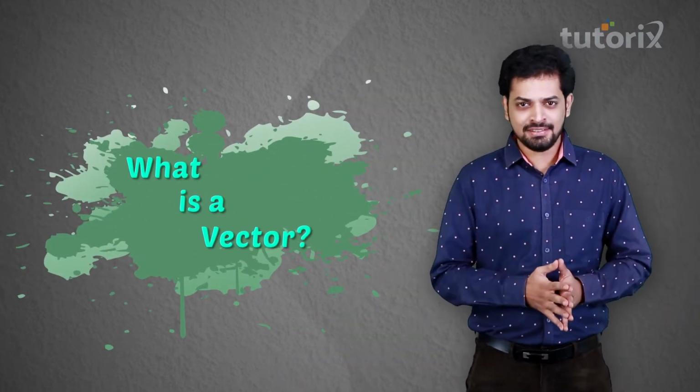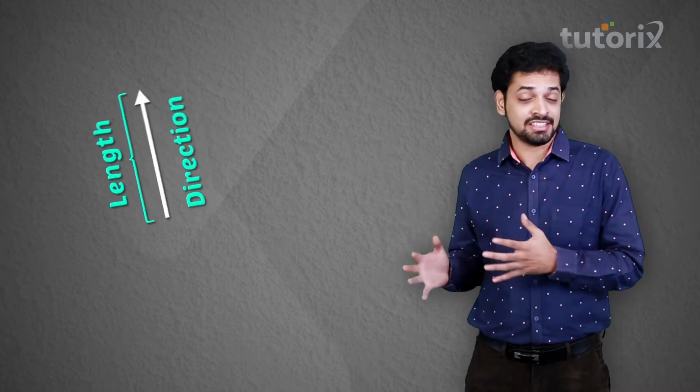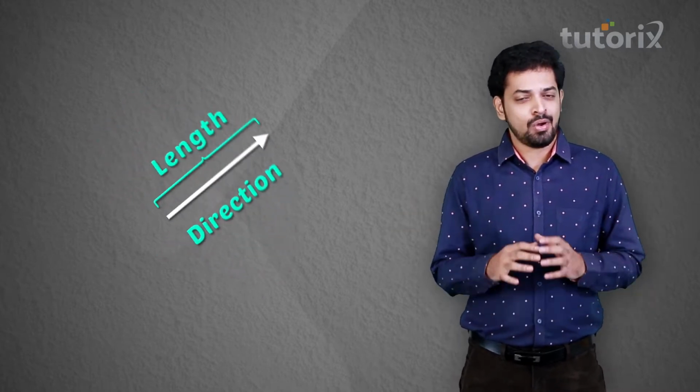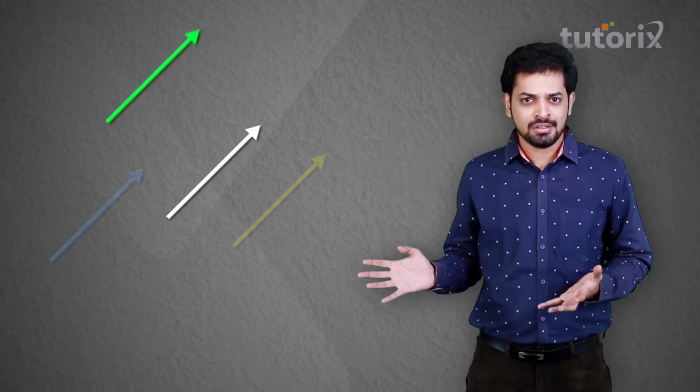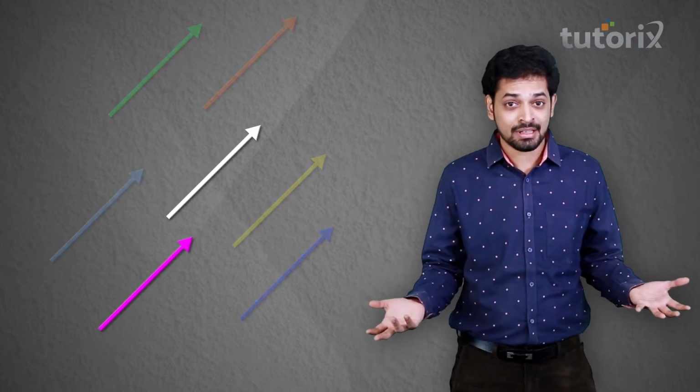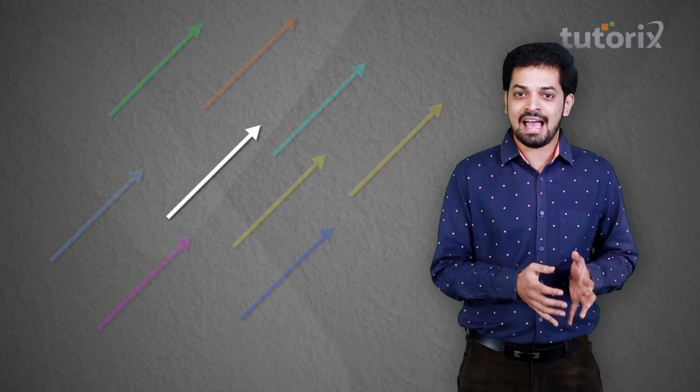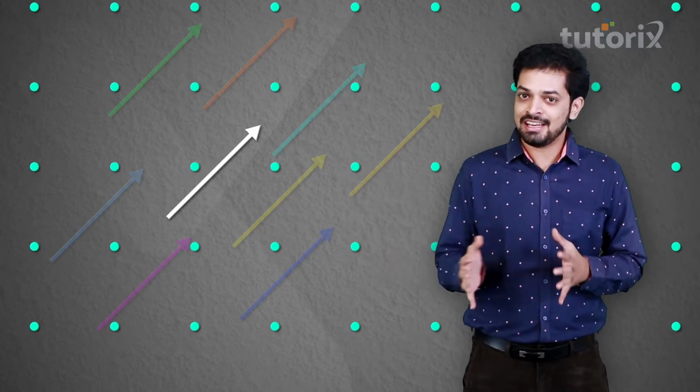Now before we go into the Argand plane, let's talk about vectors for a while. What exactly is a vector? From physics perspective, vectors are arrows pointing in space. And what defines a vector is its length and the direction it's pointing to. So as long as you maintain the length and the direction, you can move it all around and it's still the same vector. So you can think of a vector as a step or a movement in a particular direction